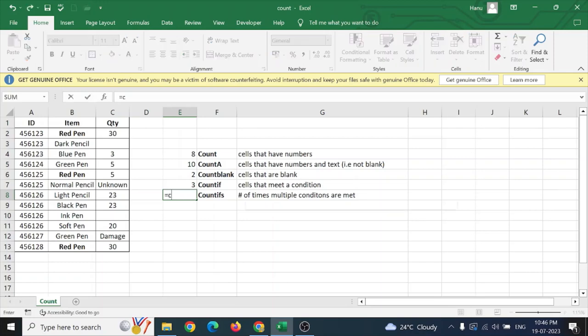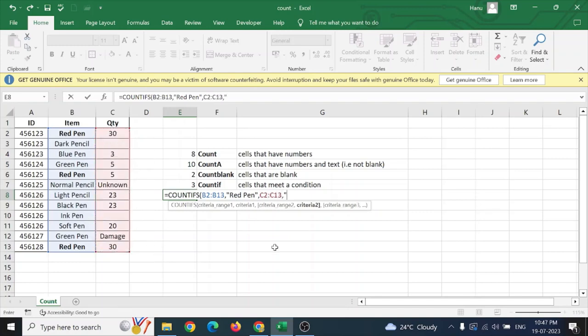Now in continuation to this, if I have more conditions, then we will be using COUNTIFS. So equal to COUNTIFS. The first criteria is how many red pens there are, and the second condition is how many red pens are with 30 quantity.